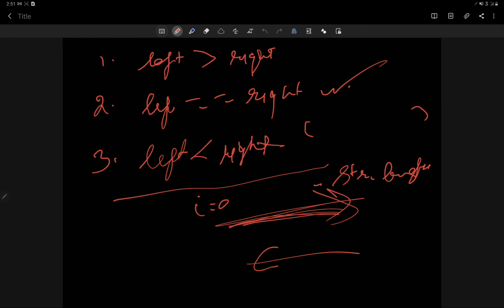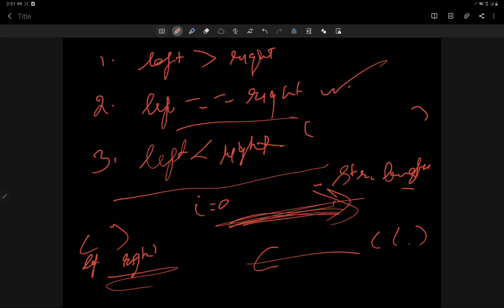So this will be the possibility in both traversals. Either we go from this end or we go from length to here. Moving from here to here, we have taken this as left and this as right. So if the string is not balanced, it might be that we encounter more of the right side. So these two cases would be covered in this approach. Either they would be equal or the right side would keep on increasing.